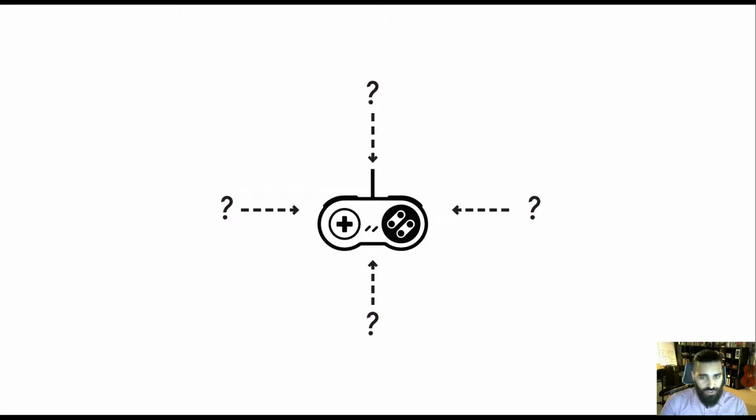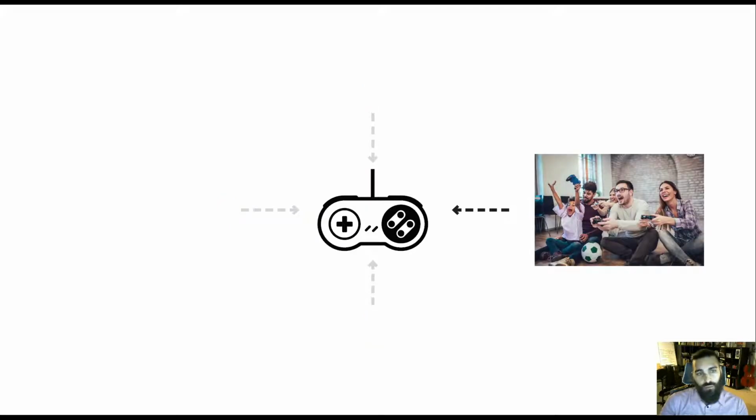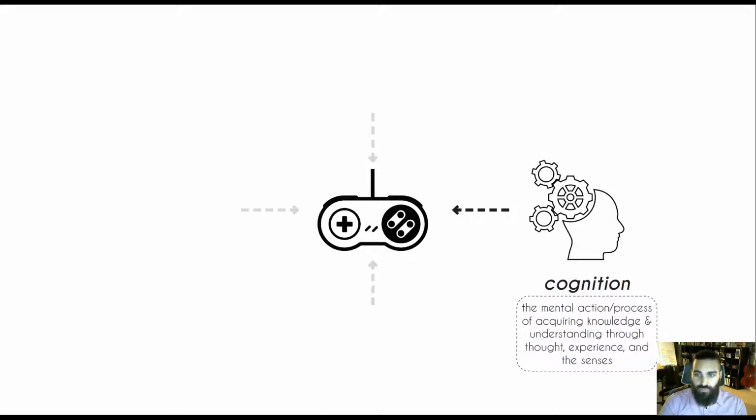So this brings the question: from what vantage point are we going to generate this blueprint for the game design industry? And I would argue it is from the player's perspective, right? They are the ones enacting, navigating, and inhabiting the game. And saying the player really means saying cognition. Our working definition for cognition is the mental action and processes of acquiring knowledge and understanding through thought, experience, and the senses.